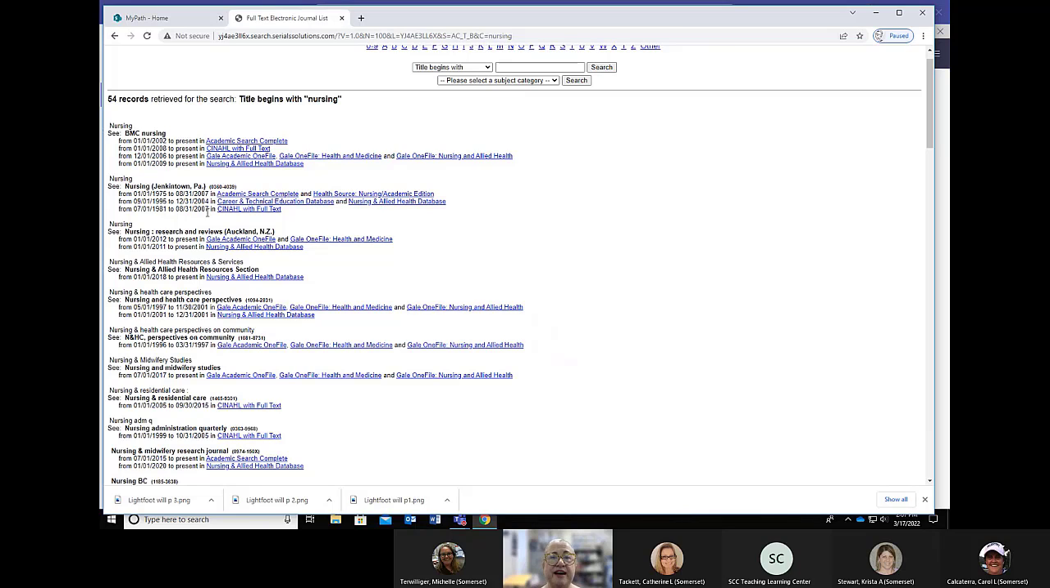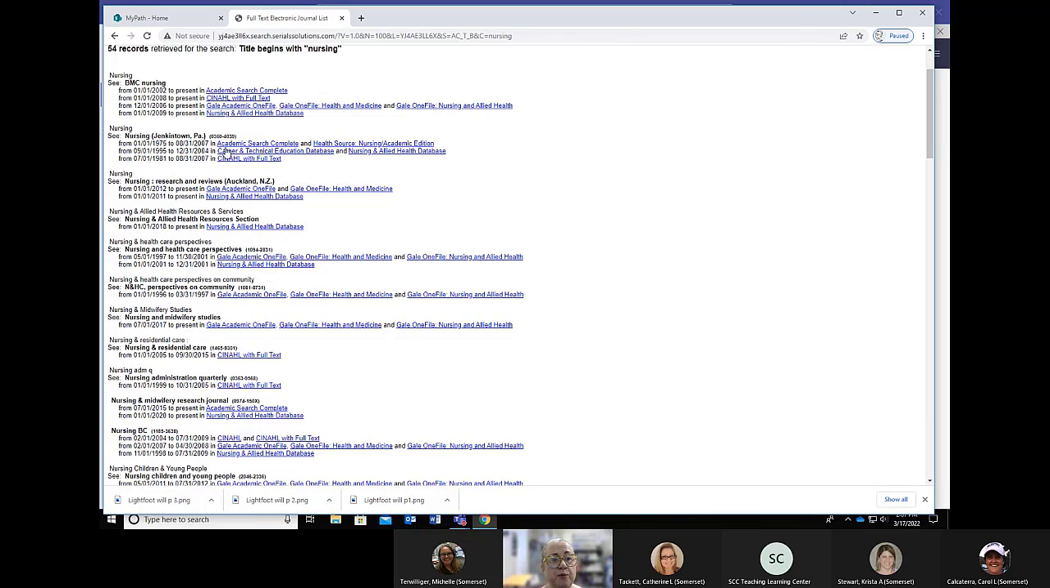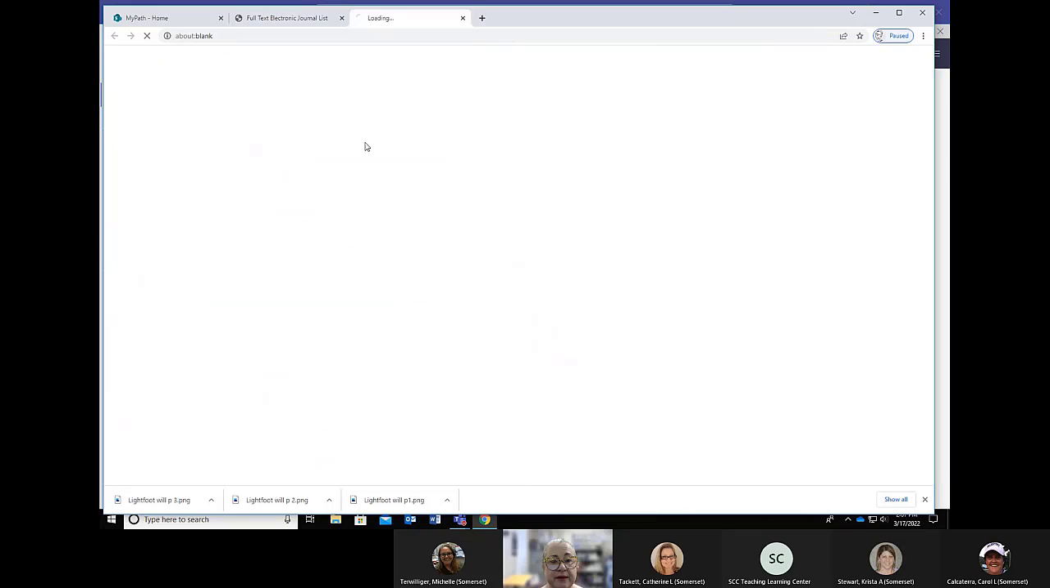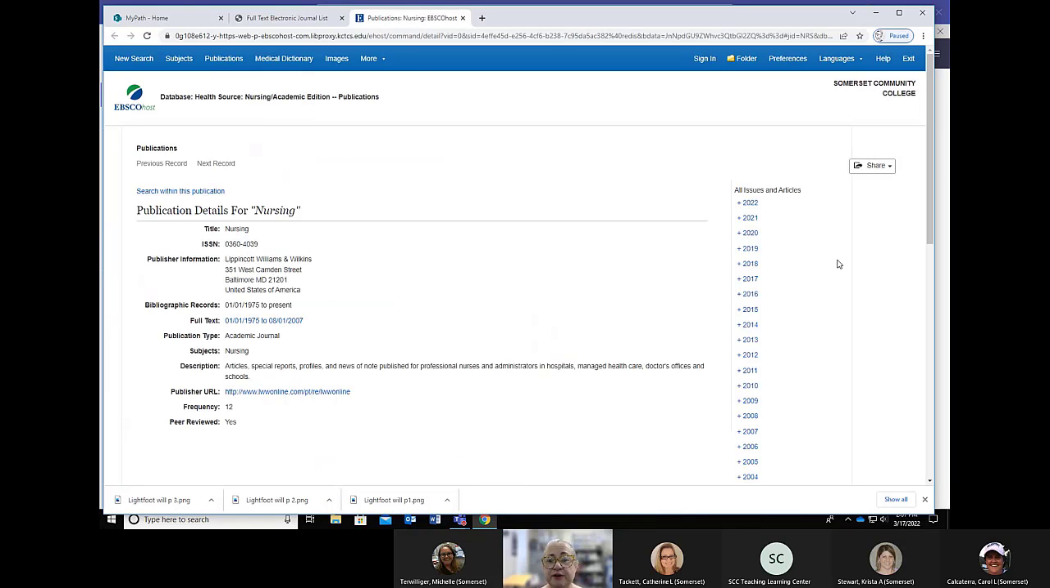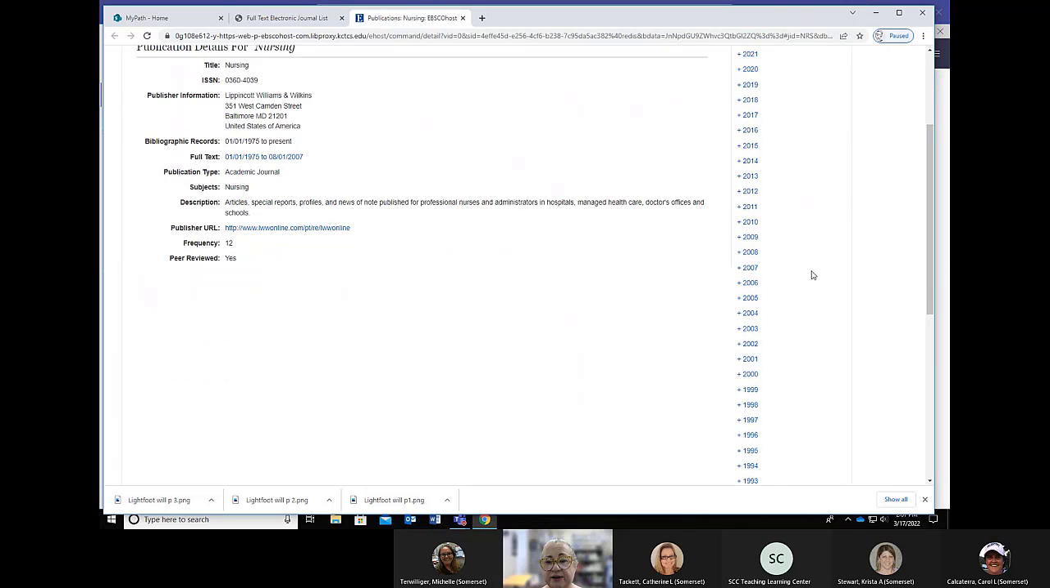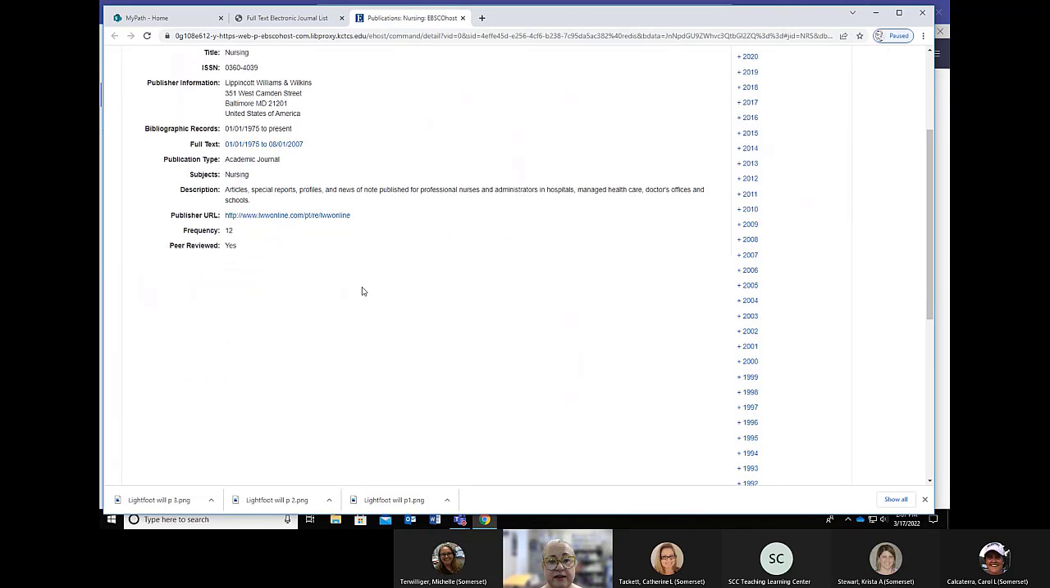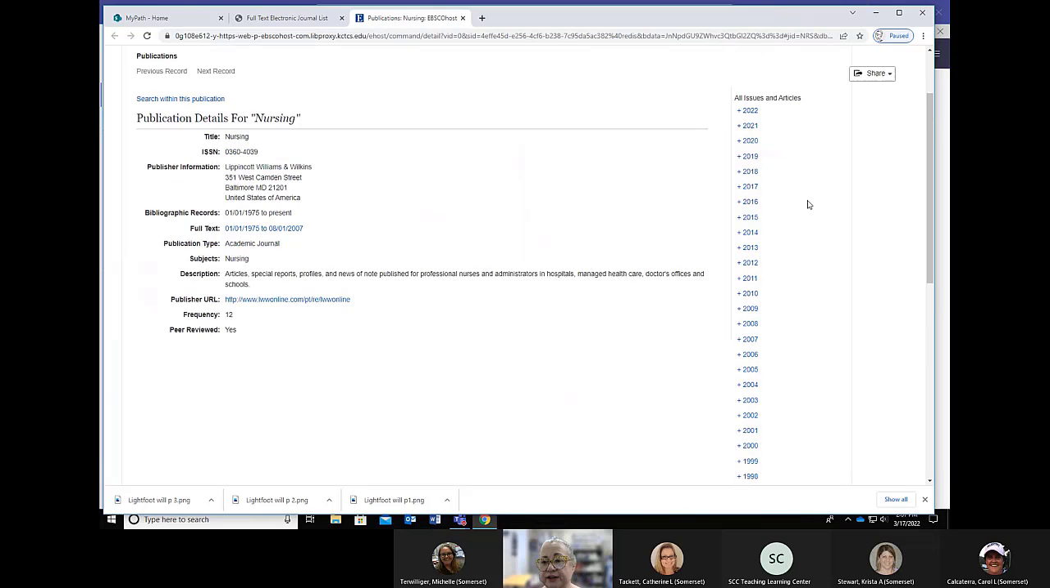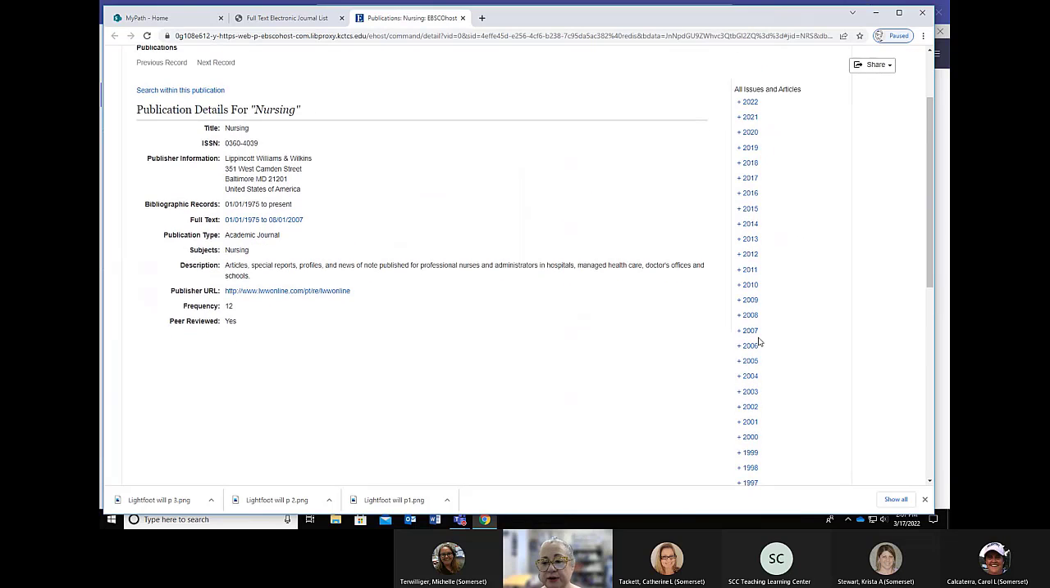It just depends on how fast the other library uploads it. And it's a completely electronic process. But what these links mean, they're live. If you have a title and you need to go to the database and look at the title, there's the publication information. Here are all the years that are included. Now, this only went up to 2007 as full text,